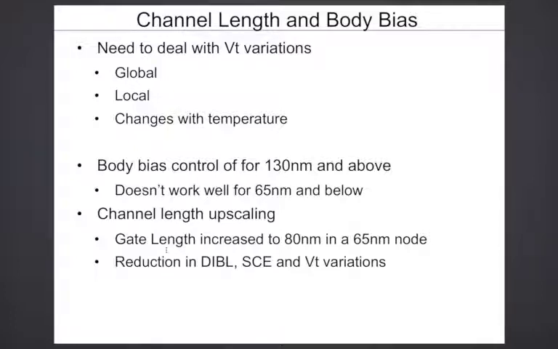Finally, the body bias control is the electrical control. If you can control the body voltage, you can modulate the threshold voltage with that control. Now it turns out that the effect of body on the channel, ideally for a transistor operation, you don't want the body to affect the channel's threshold voltage, because if it does, then it leads to